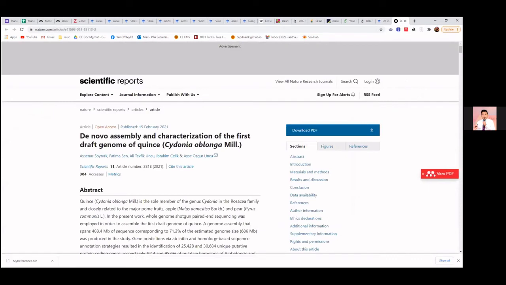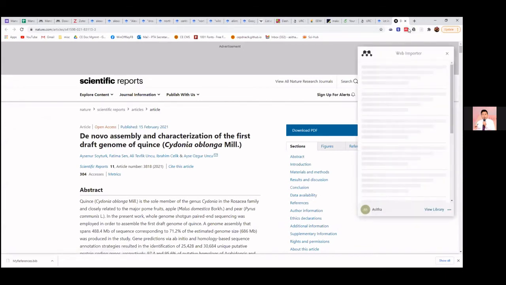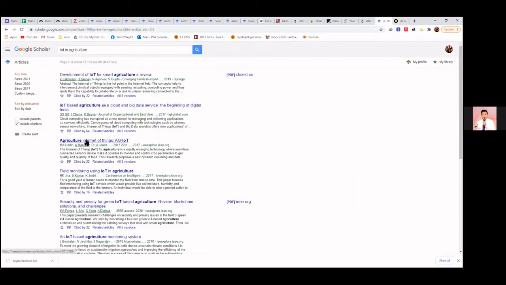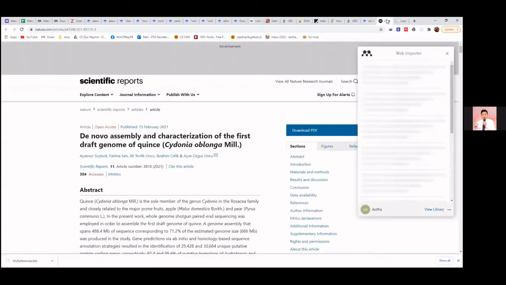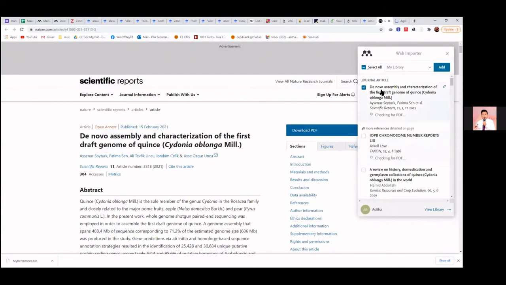Also, if you go to a specific page, you can actually add that particular paper. If you open a paper, because sometimes you don't want to just download it from Google Scholar, you open the page, look at the abstract and see, okay, this is good, I want this one. So you can just click on this one and add it,